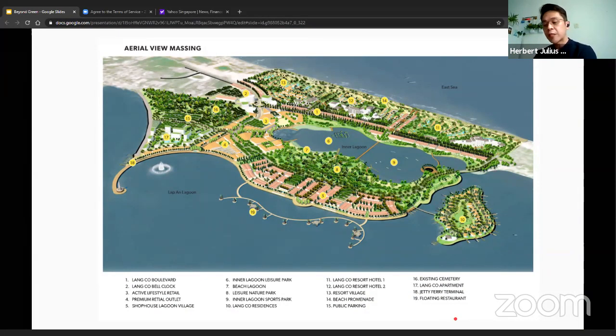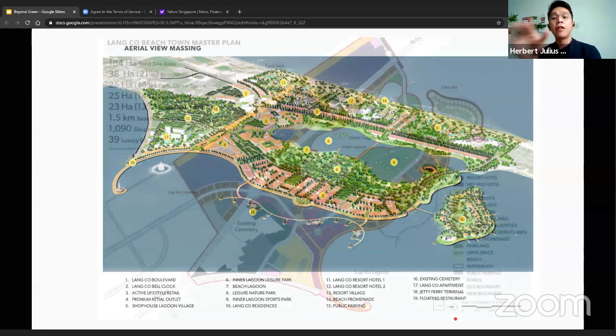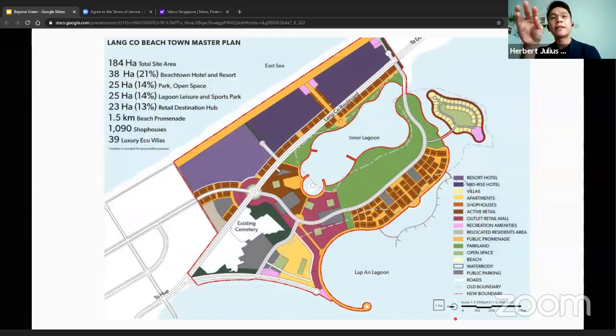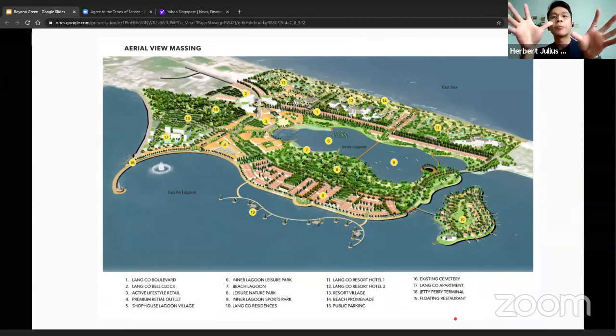This is in Vietnam, central Vietnam, in Lang Co. And this is actually a master planning level. This is 184 hectares in size. And at the moment, it's just land. In between the sea, there's a lagoon and a lake. And before we come up with this design, before I came up with this scenario,